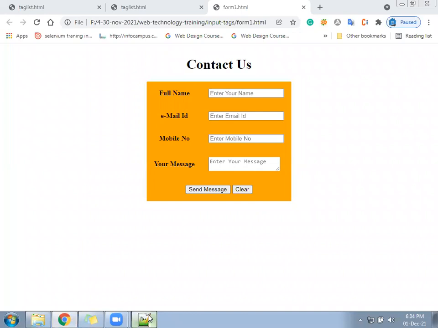This is called input elements. In this, we will be giving the hyperlinks on the top. Okay. Form 1, Form 2, Form 3, Form 4, Form 5, Form 6. And from this page, we can go to any page. Okay. Come down below.